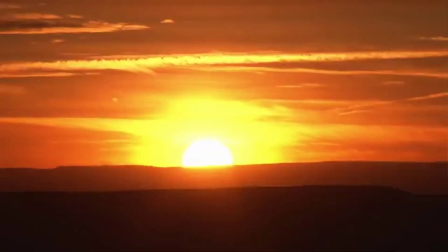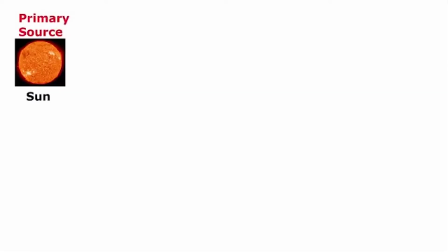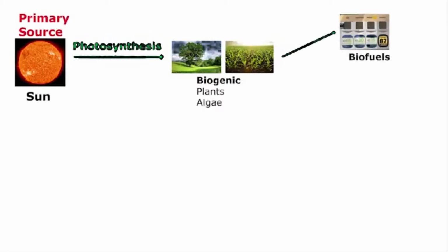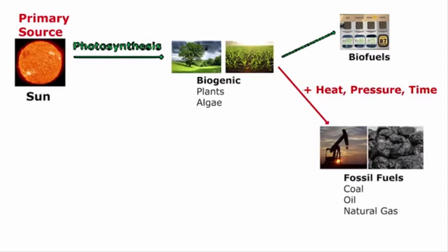The first is the sun, which is both the largest source of energy as well as the largest source of possible conversions. For example, we have biogenic resources, which come from photosynthesis that include wood and other plant matter, as well as the products such as ethanol and biodiesel. Under the right conditions, those same photosynthetic products are converted to energy-dense fossil fuels, such as coal, crude oil, and